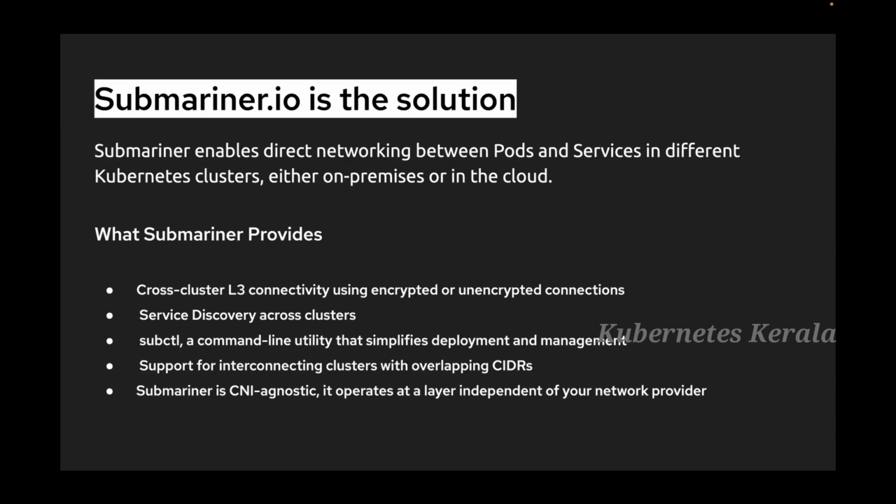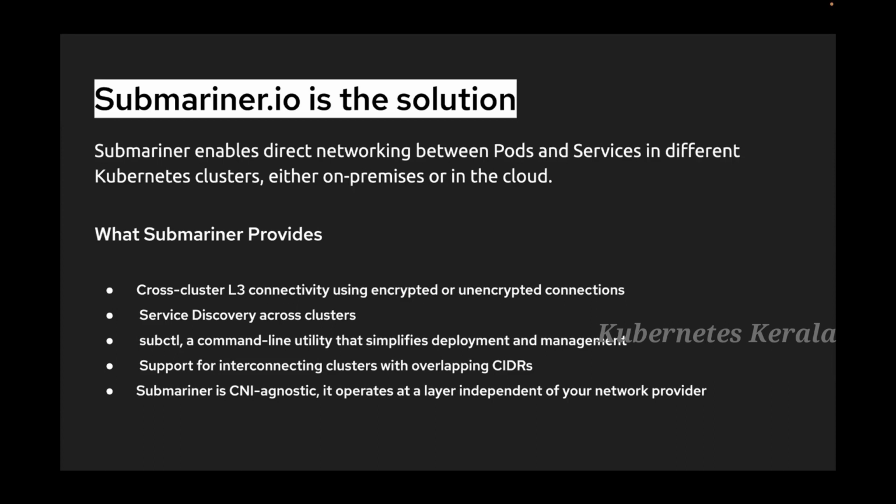space, right? So then there is the command support for interconnecting clusters with overlapping CIDR. Again, this is something a bit advanced. Let's say you have two clusters, and those two clusters are using the same CIDR for service and the pod network. In that case, how will you be able to achieve connectivity between them? For that also, it has something called the Globalnet option that allows you to connect the two clusters with overlapping CIDR. Okay, it's CNI agnostic, and it has to be CNI agnostic because